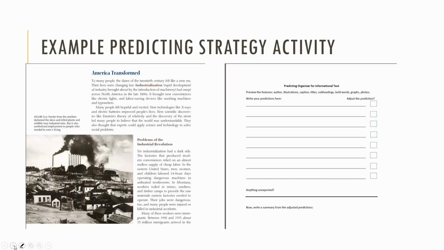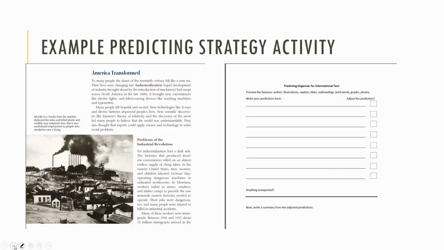If we look at this selection from the textbook, you can see that this particular page has a title, it has some bold words, it has a subtitle, it has a caption, and it has an illustration. And I have a predicting organizer for informational text, and I kind of geared this organizer directly to those middle school grades. And what you want the students to do first, and of course you would